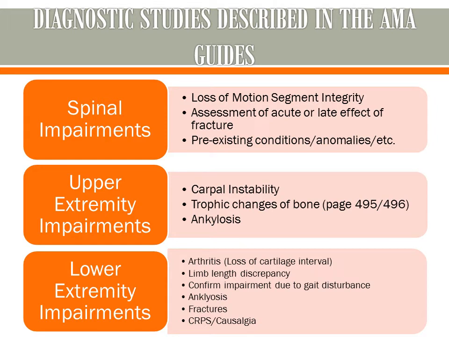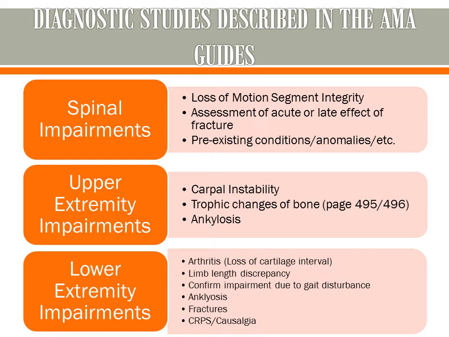They're used for a determination of the loss of motion segment integrity. And we'll go over a practical method to perform an analysis of motion segment integrity here in this program in just a few moments. In Chapter 16, the upper extremity chapter,